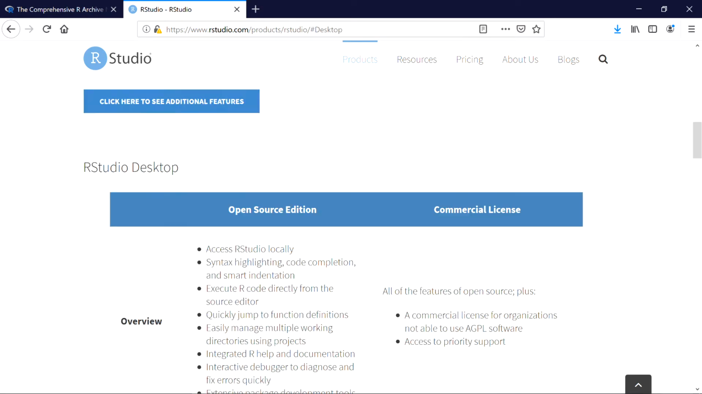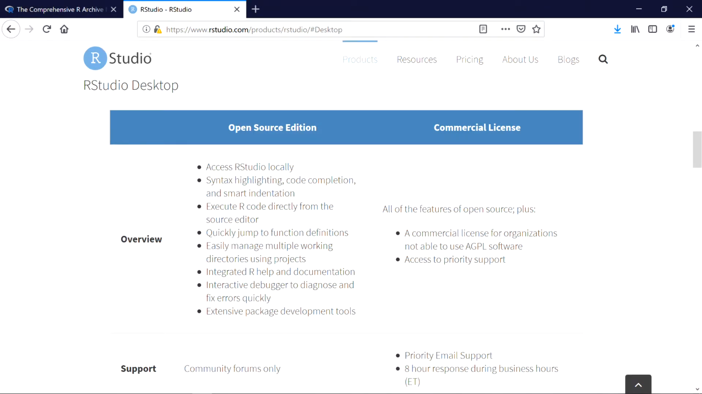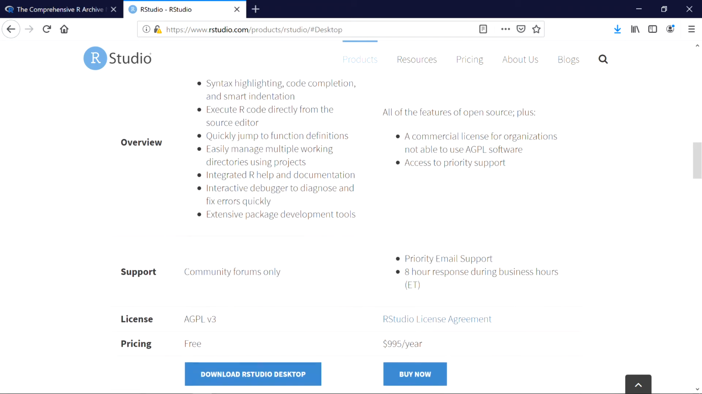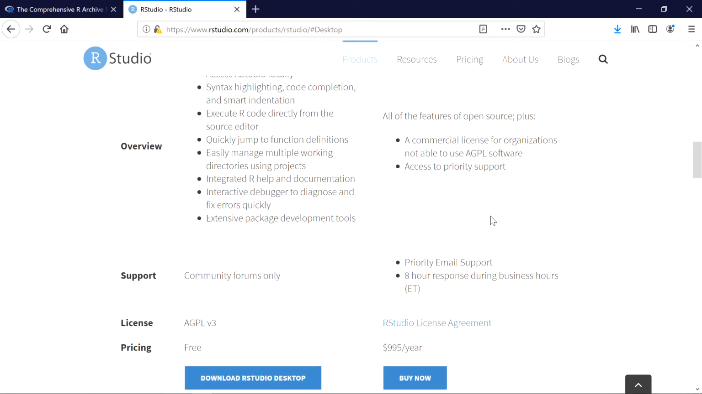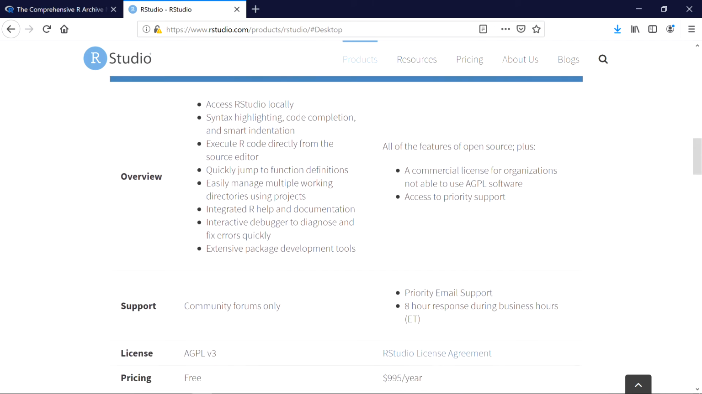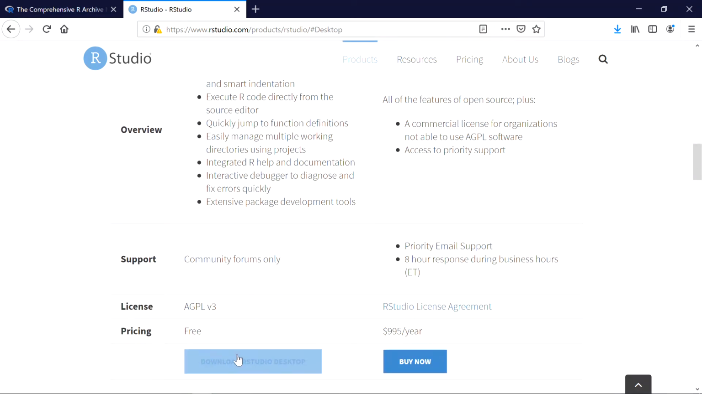So if you click on this, it gives you more information. Here's the free version. This is all we need, really. There is some higher, very expensive license that you can subscribe to, but that's probably more for large companies. So download RStudio desktop